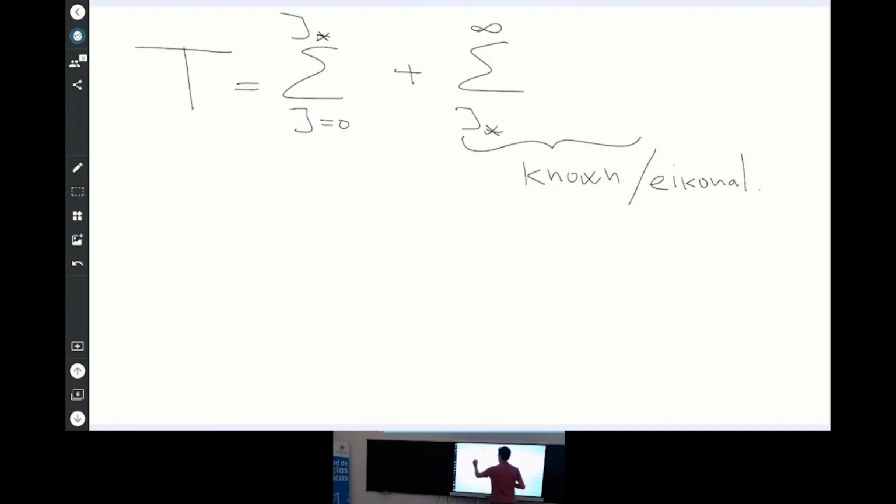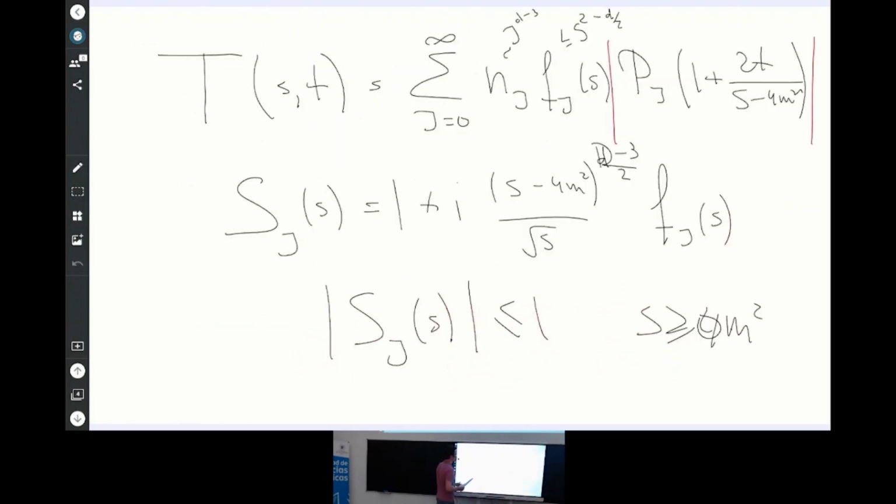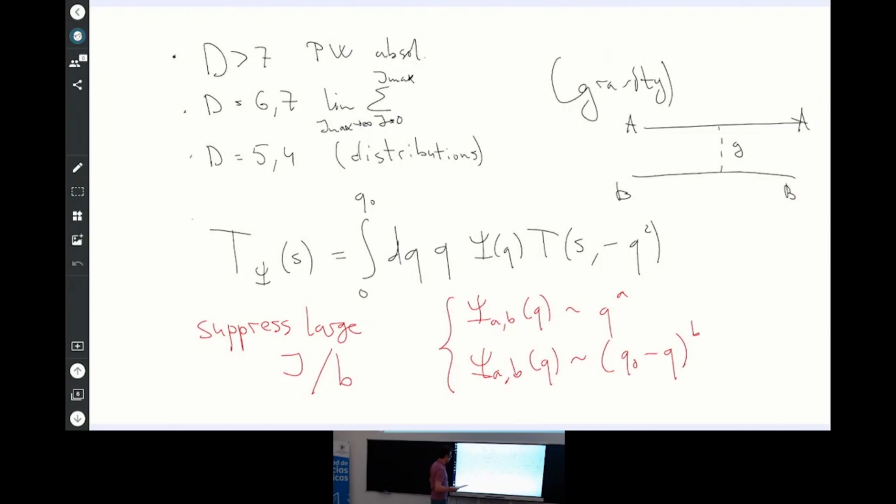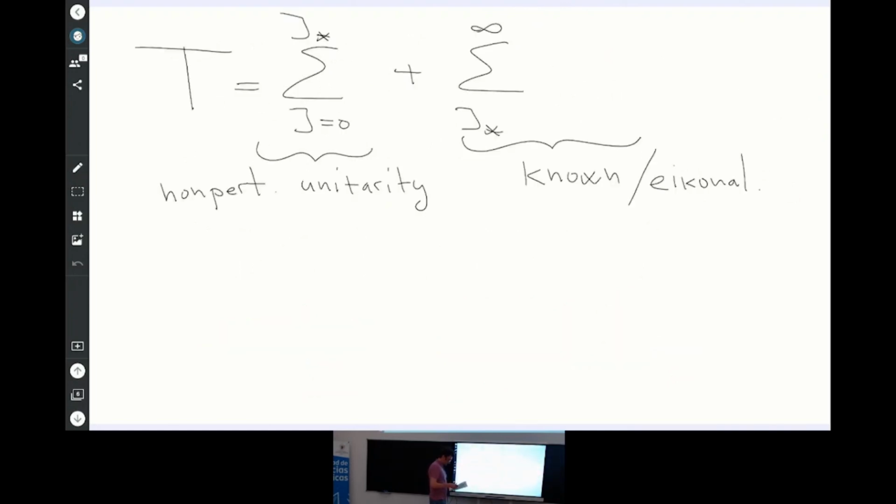And here, we can use non-perturbative unitarity. So you basically just take the sum and you majorize it by using non-perturbative unitarity here and using the properties of Legendre polynomials. So this is the exercise we tried to do carefully with Kelian, and say for the eikonal